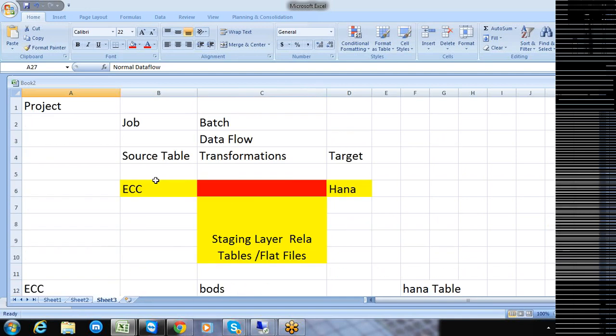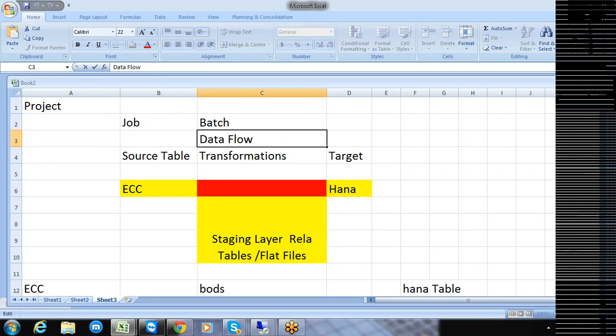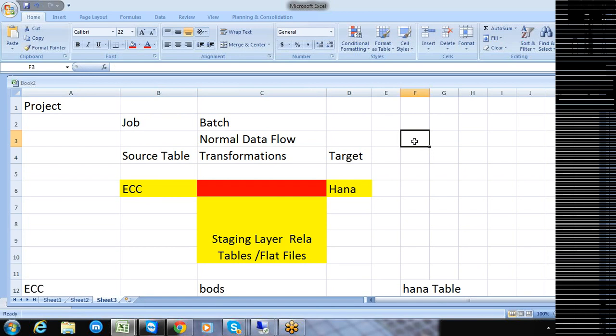You are going to have a project. A project is going to contain the job. The job is going to contain the normal data flow. And this normal data flow is expected to contain another flow that is nothing but your ABAP data flow. This is the thing that we need to create basically. So a project containing the job is nothing but your batch job.